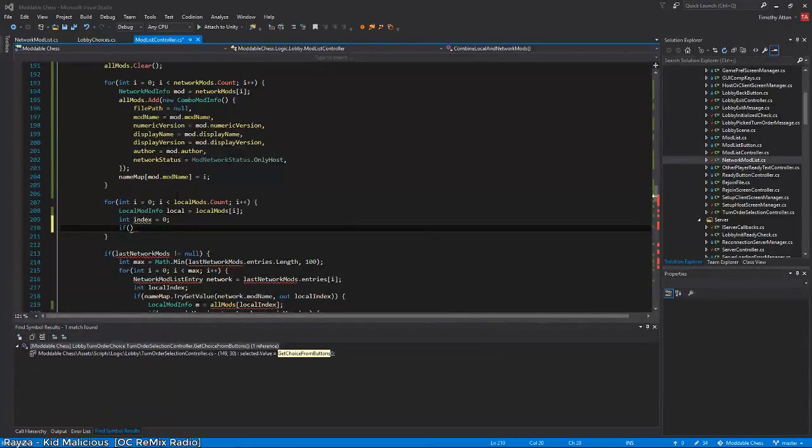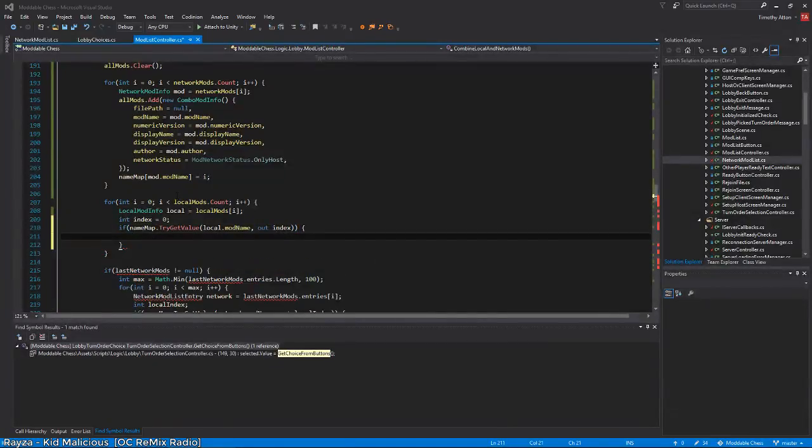If name map try get value local mod name then out index. So if it's already in the list, then we need to check the numeric version. So we got